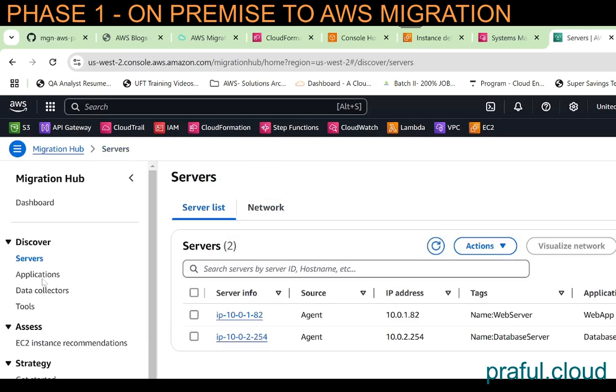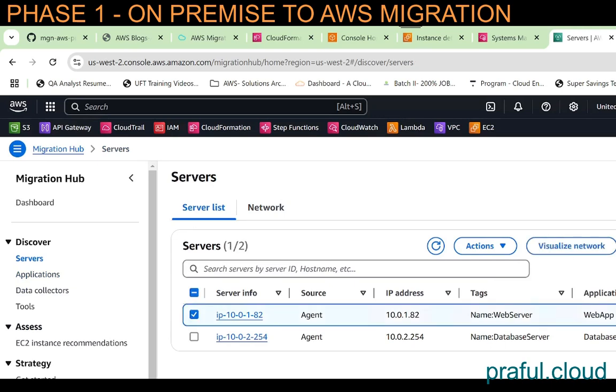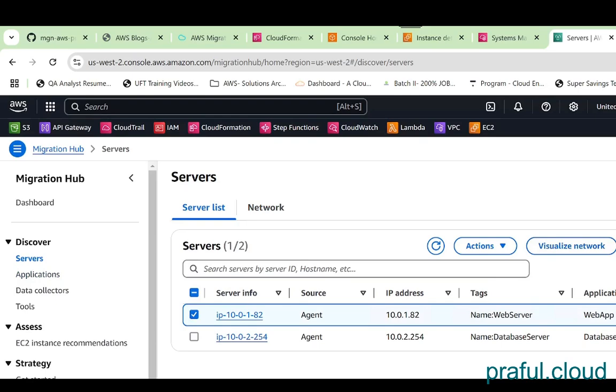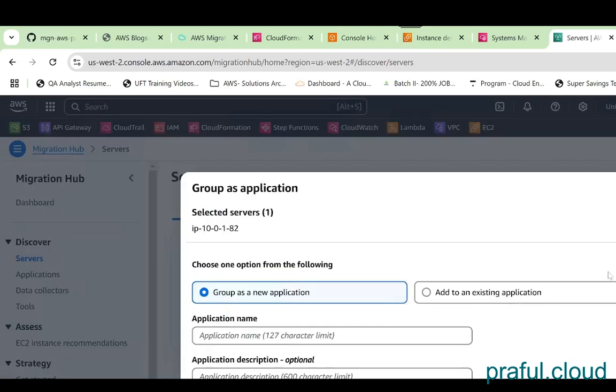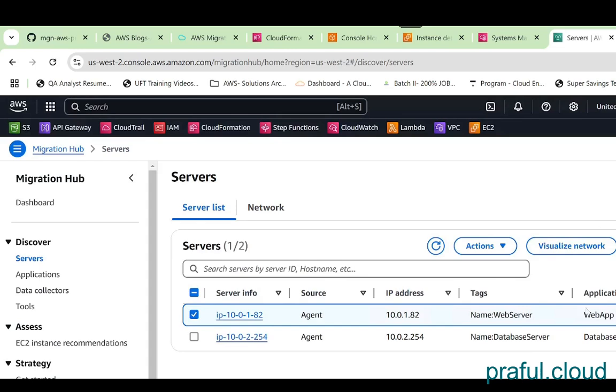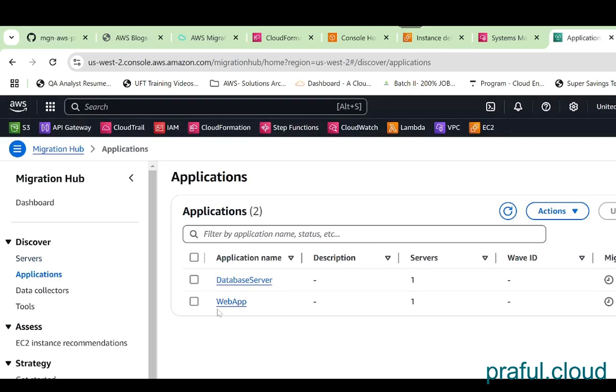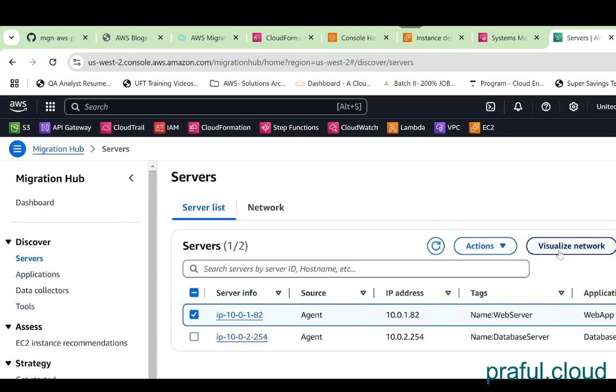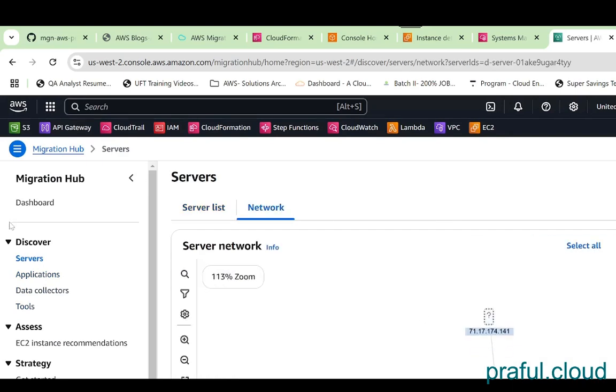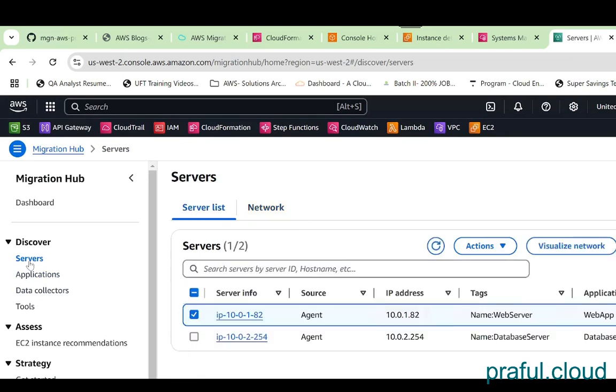Next, we can group the multiple similar servers into an application, and we can name and tag, so similar machines will be displayed under similar categories like web app or database server. This is the same network visualization. So under the migration hub,